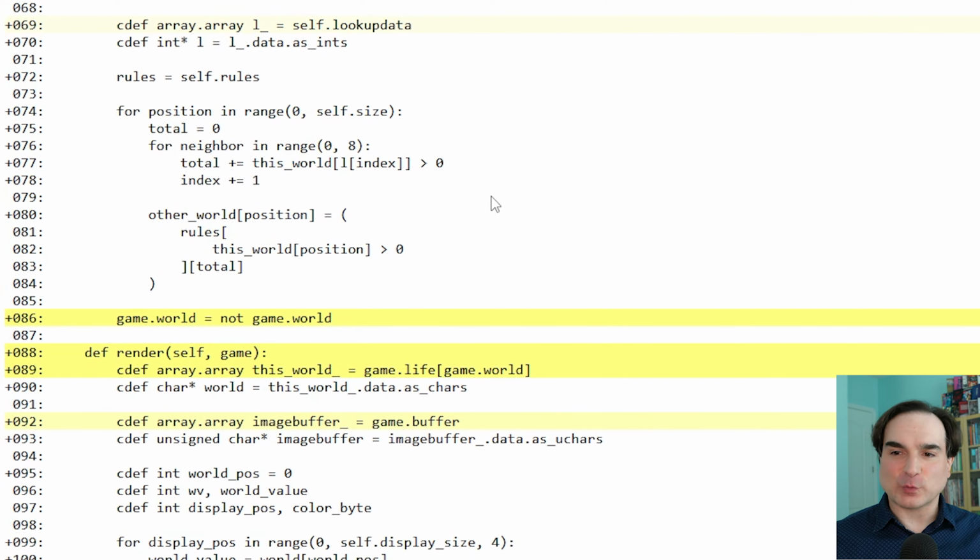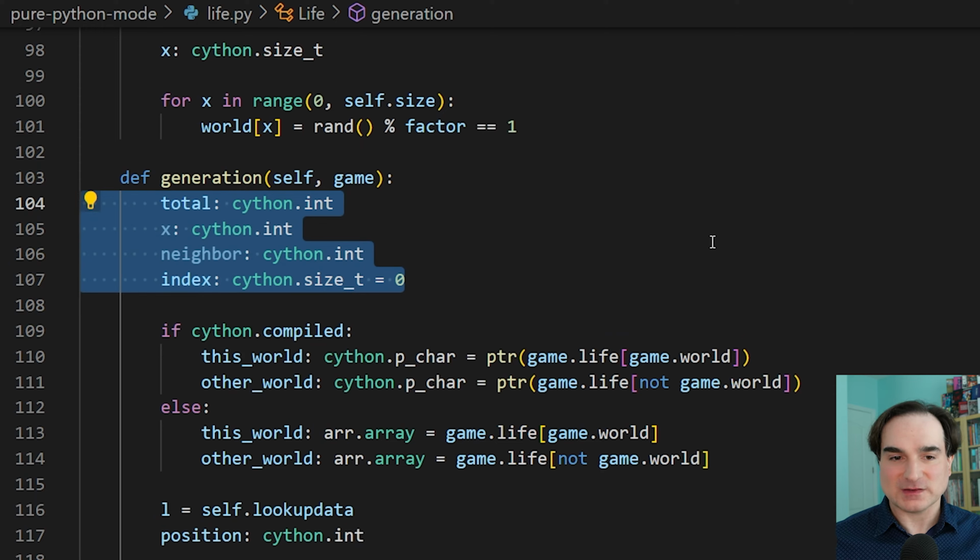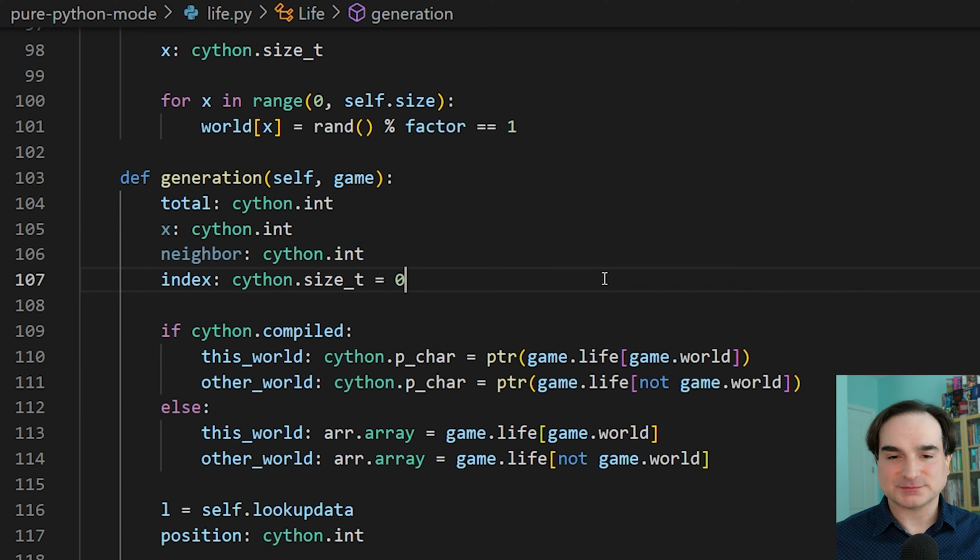Now, you heard me mention before Cython's oddball syntax means that it doesn't play nice with Python's linting tools. Good news is there is a variation of Cython syntax that is 100% compatible with Python, and it's called pure Python mode. So here's an example of the same module, decorated with Cython annotations, but using pure Python mode. And the type annotations are in the same format as Python's normal way to do type hinting. The difference is that we import the Cython module into our code and we use types from that module to perform the hinting.